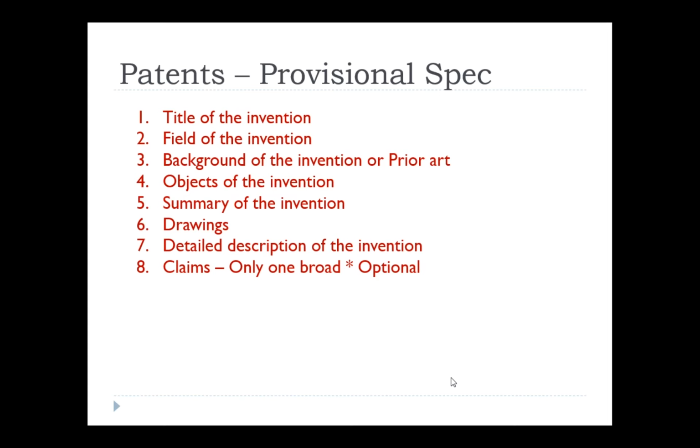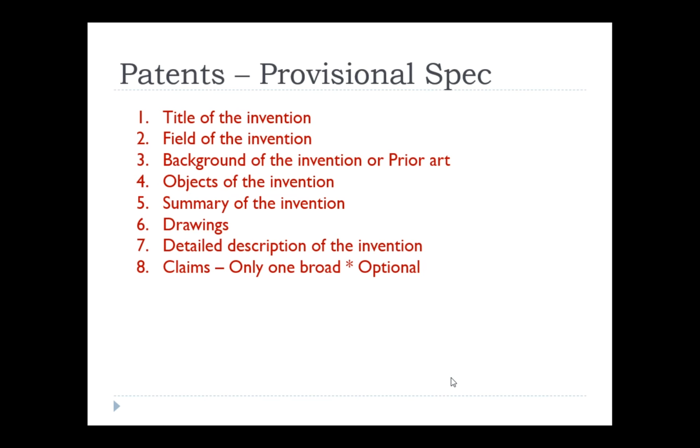Fourth one, objects of the invention, right? The meaning here is objectives. What are the advantages of the invention? But here we term it as objects. It really doesn't mean any object. The literal meaning of objects here is related to the advantages or objectives of this invention. Please be clear about it. Don't get confused with the term objects. It is not a literal object. It is objectives. Fifth one, summary of the invention.